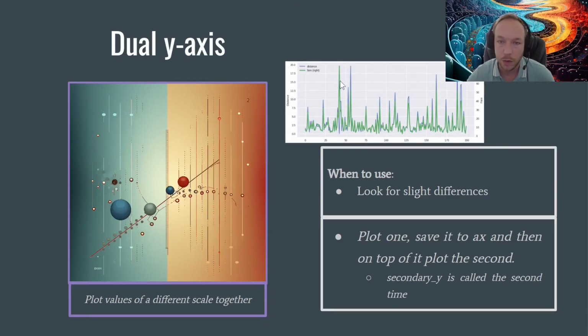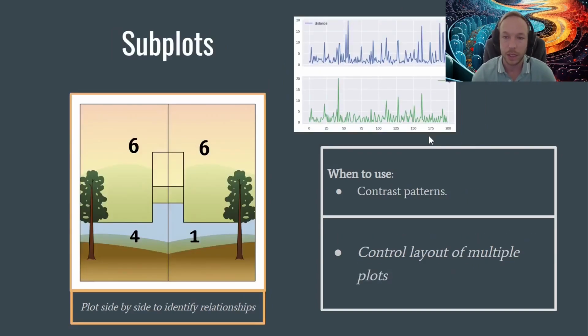When you look at this, there are two spikes right here. It looks like the blue and the green both spike up here, but when you go to the second one, you see that the spike really only happens for one or the other. There's a little bit of a spike here for the blue, but nothing in the green. That was kind of hidden the first time. So something to keep in mind is